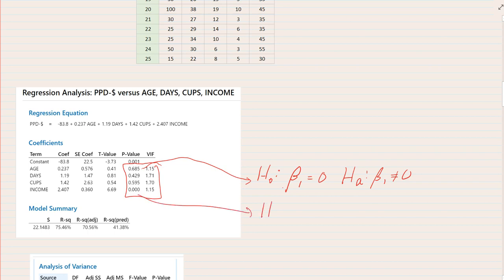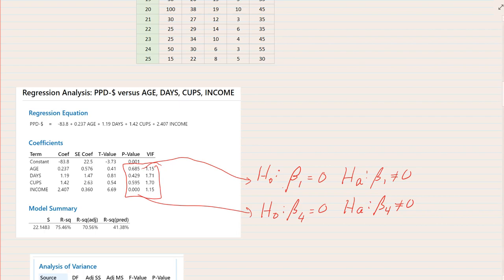Let's take a look at, for example, the last one, this one. So what is the null hypothesis for that? That says beta 4, the coefficient on the fourth variable, is 0. The alternative here says beta 4 is different from 0. So in other words, what individual p-values are testing is whether we need that independent variable in our model or not. Because if the coefficient is indeed 0,